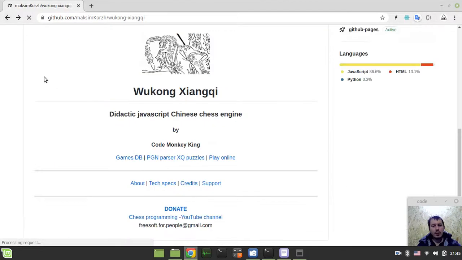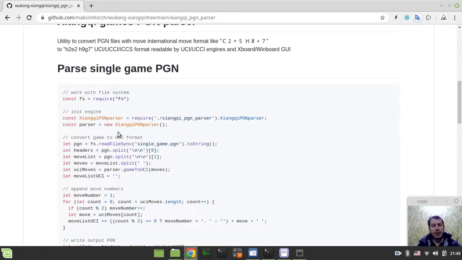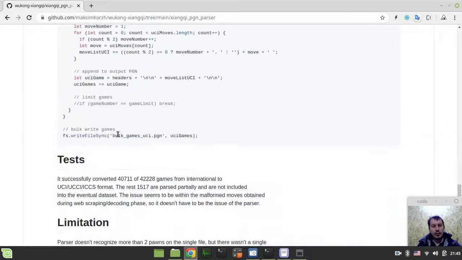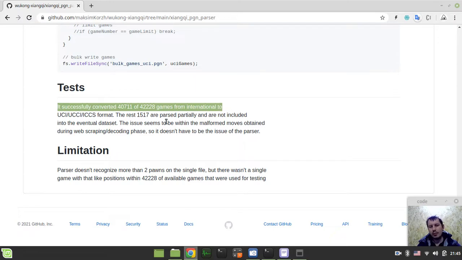Now let's finally go to the repository for the PGN parser. Within the PGN parser, let's start from the bottom here. So the tests show how good the parser is. Here are the tests I ran using this parser. I ran through